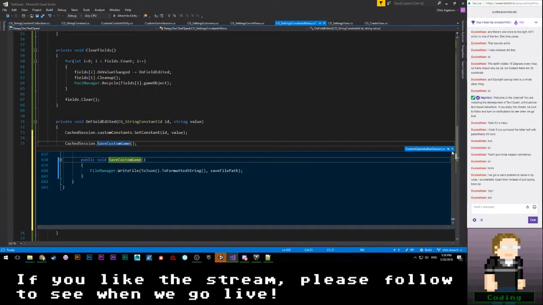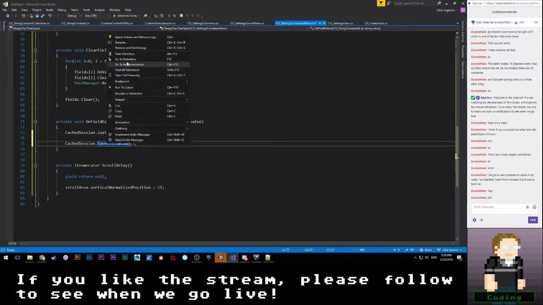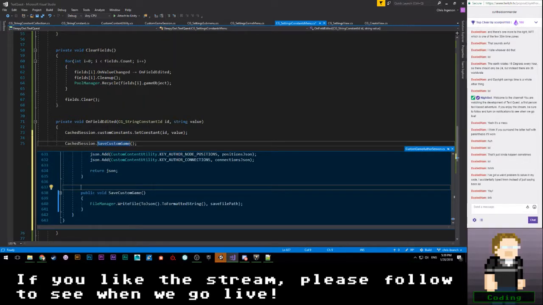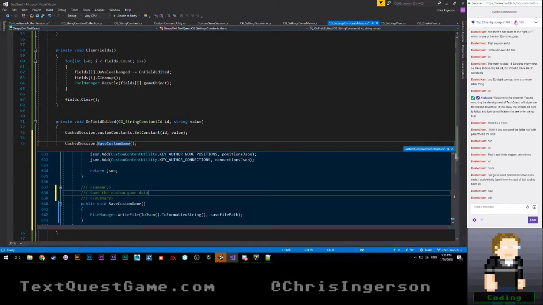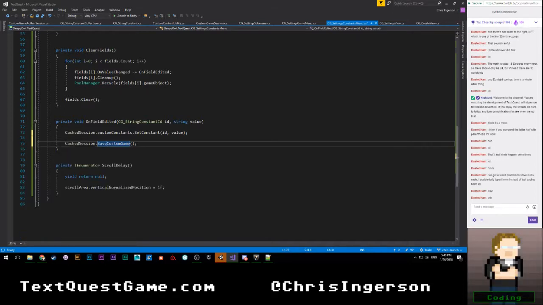Yeah, okay, it is. I'm also going to go ahead and comment that because I seem to second guess myself on that every time I try to do this. So this is going to be our save the custom game data. Geez, I need to phrase that better so that I don't second guess myself still. Not used for runtime saves. Maybe that will be better. That's still terrible comments on my part.